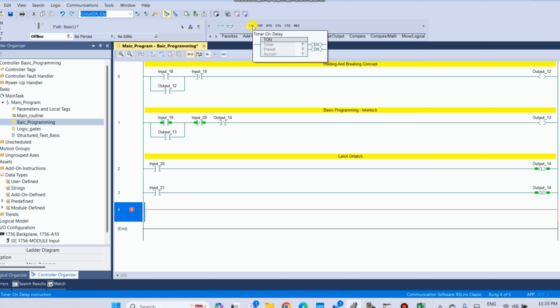So let's get started. Timers are a very useful and common function in PLC programming. They allow you to control the timing and sequence of events in your logic.